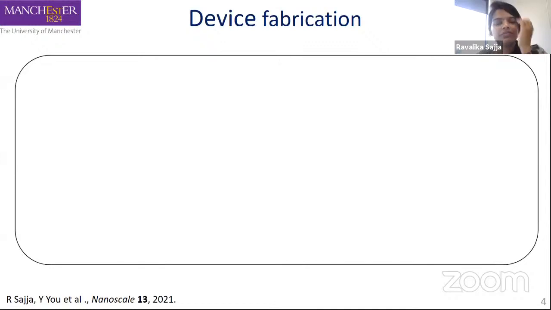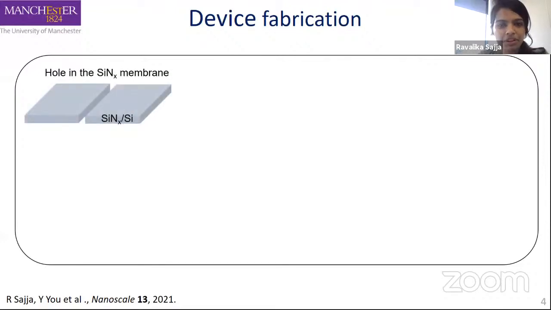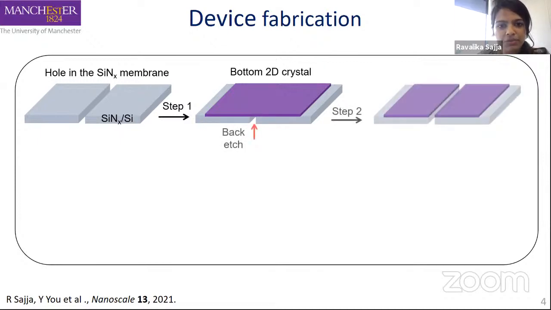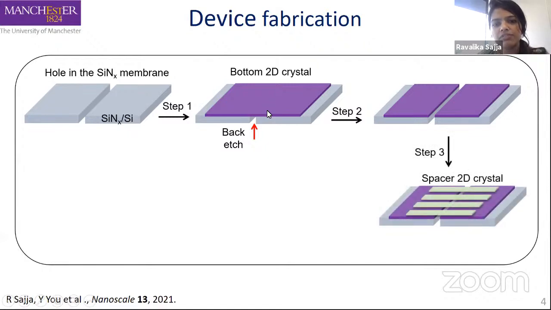For the device fabrication, we basically use a silicon wafer and create a freestanding silicon nitride membrane. On that, we use photolithography techniques to create a hole. And then we transfer a bottom two-dimensional crystal. Using the hole as a mask, we etch the two-dimensional bottom crystal layer. And then we use e-beam lithography and reactive ion etching methods to fabricate a two-dimensional spacer of different heights, which would serve to